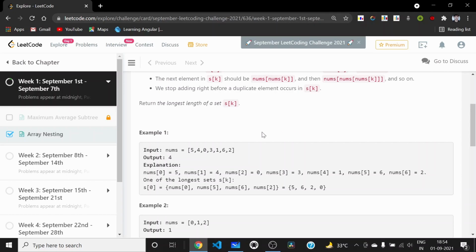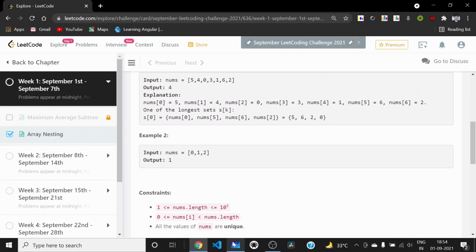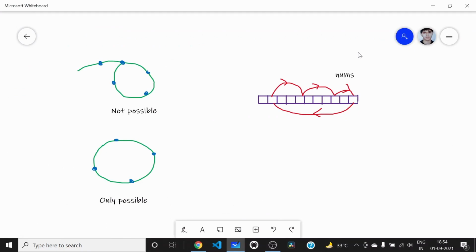There is one concept that will help us in optimizing, and to help you understand, I'll be using this diagram. You can see that if we start from this element, it may be possible that after some iterations we return back to this element. Some may be asking why this other thing is not possible. As per me, only the first element with which we started will be encountered first, and the elements encountered in the middle will not be the element that is repeated.